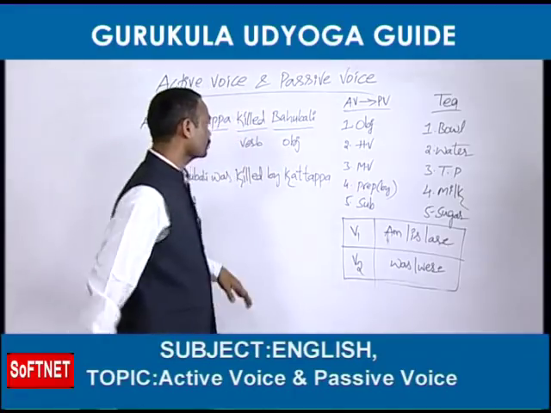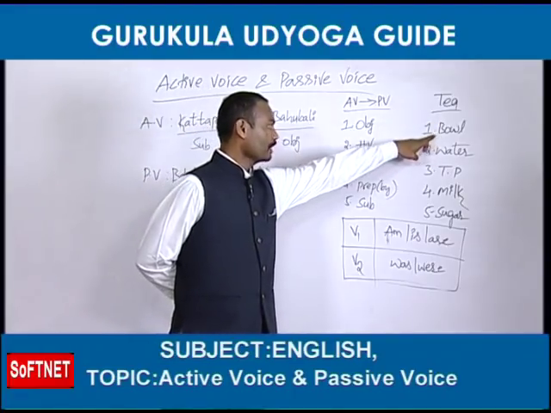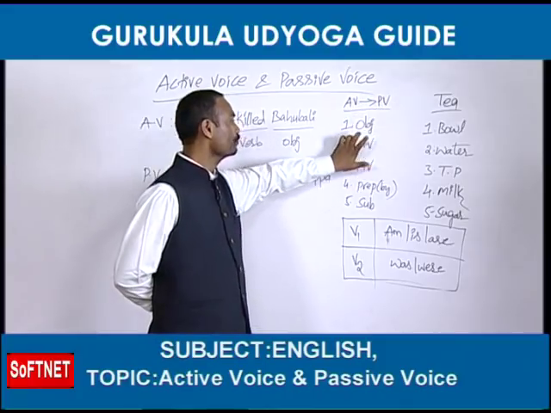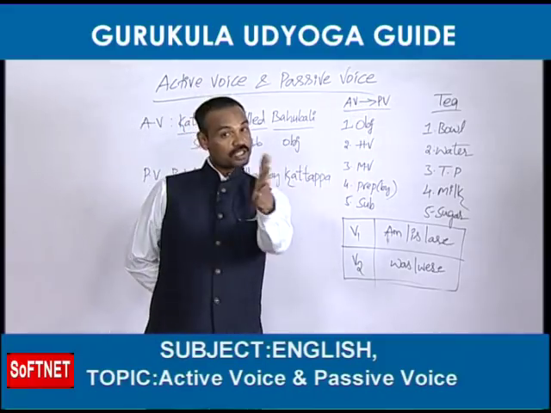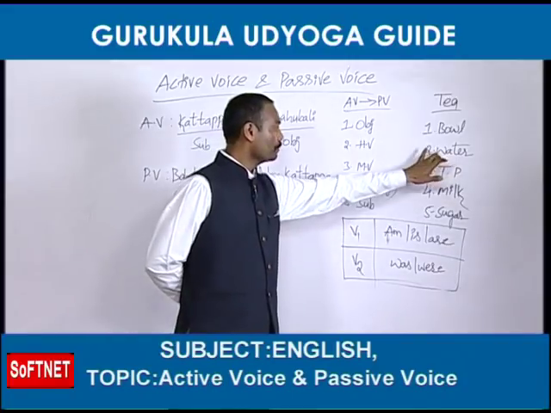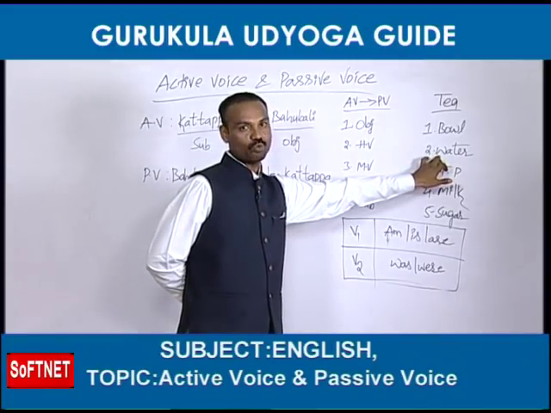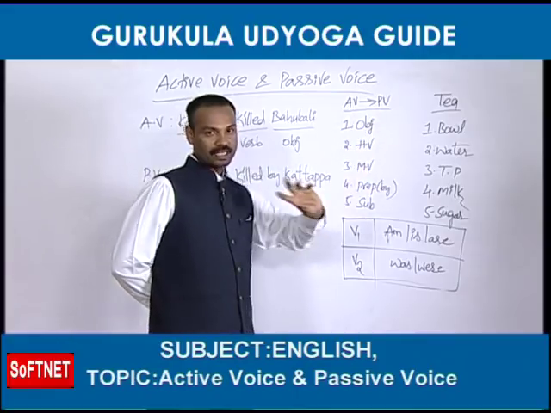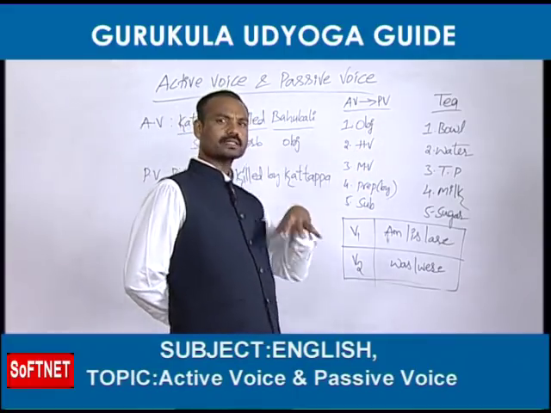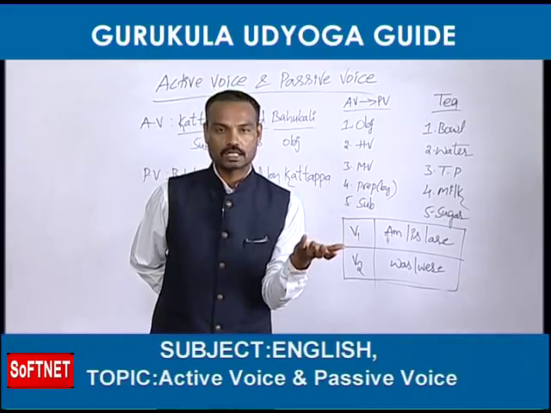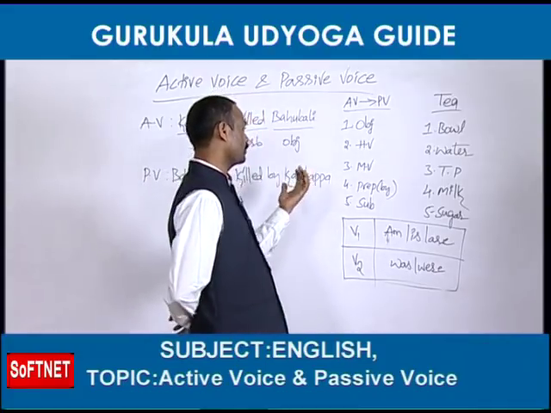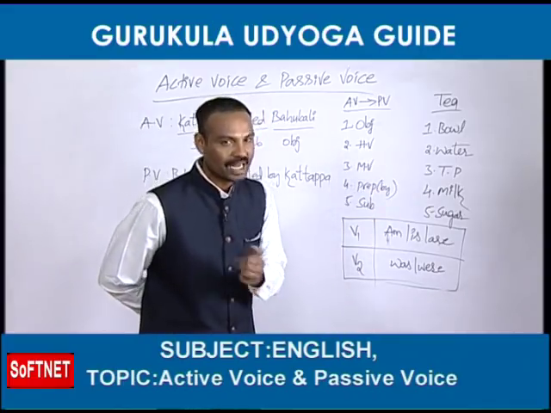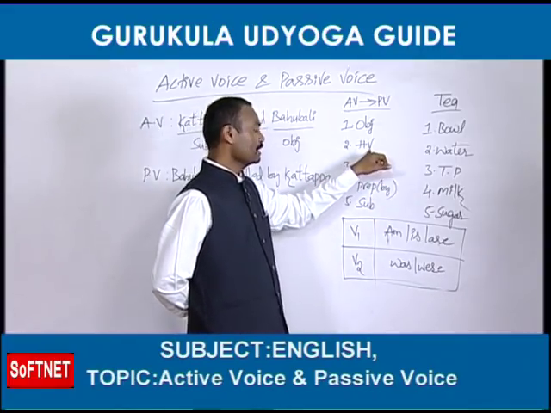For preparation of tea, first we need one bowl. So for changing active into passive, we need one object. Next, after taking the bowl, we should pour some water. The second item is water. Here, to change an active voice into passive voice, the second item is the helping verb. In this topic, helping verbs are called B forms also. You can remember either word, B form or helping verb, whatever is easy for you. HV means helping verb.